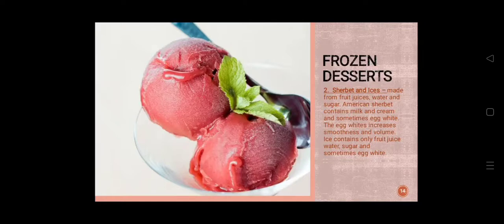So it is also a very nutritious dessert because it is made from fruit juices. If you crave something sweet but want to make it nutritious, you should consider eating sherbet and ices.